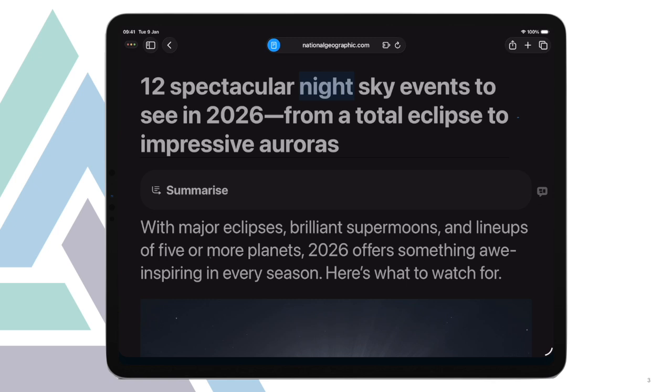12 spectacular night sky events to see in 2026, from a total eclipse to impressive auroras. Summarize, with major eclipses, brilliant supermoons, and lineups of 5 or more planets, 2026 offers something or